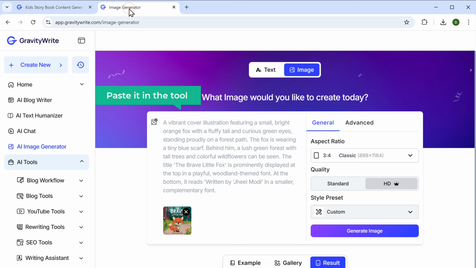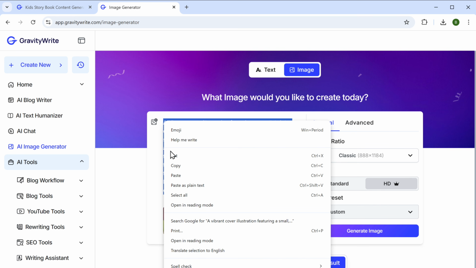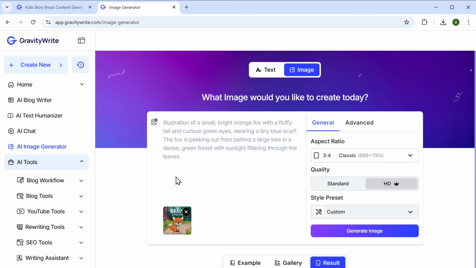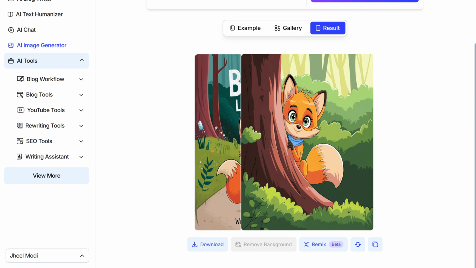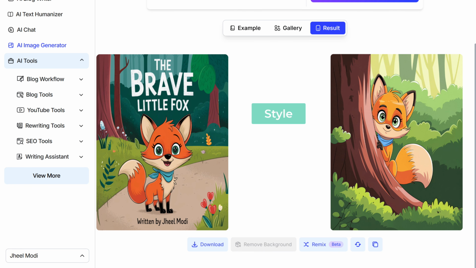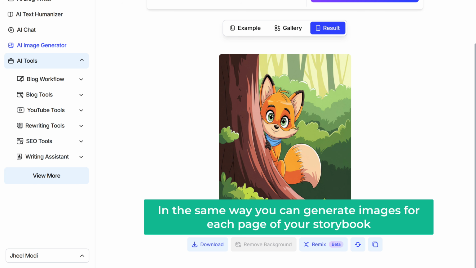And paste it in the tool. Click on Generate and your image will get ready. Now, if we compare it with the previous image we got, the style and the characters look similar. So, in the same way, you can generate images for each page of your storybook.